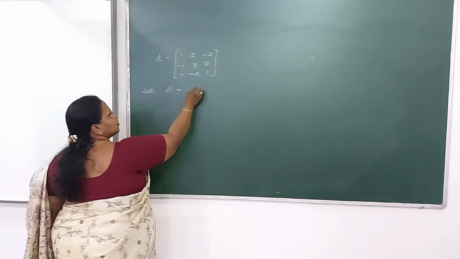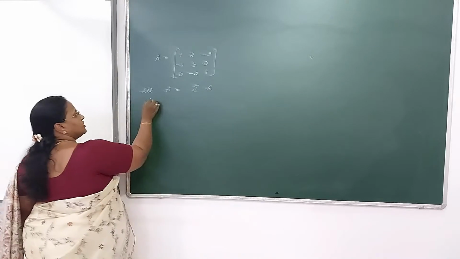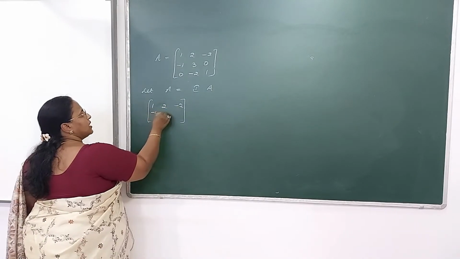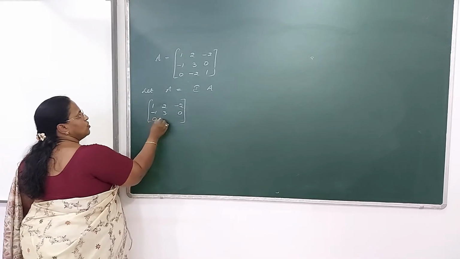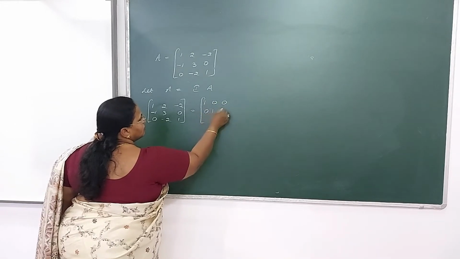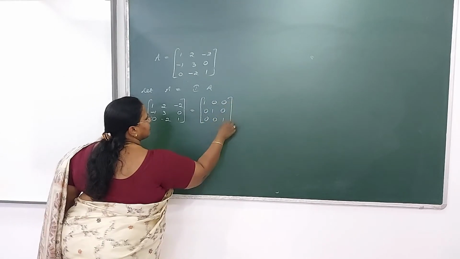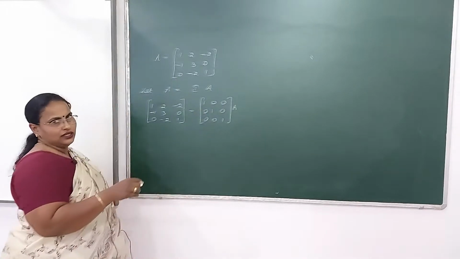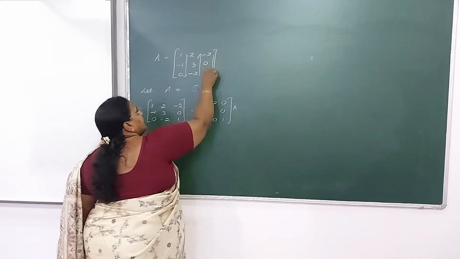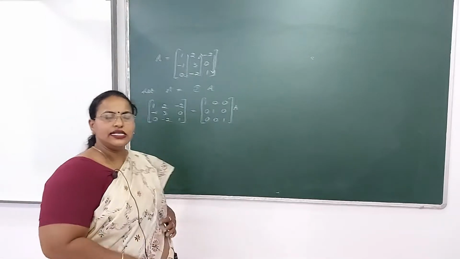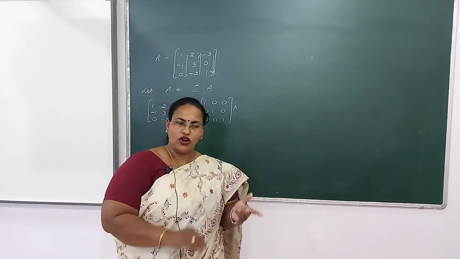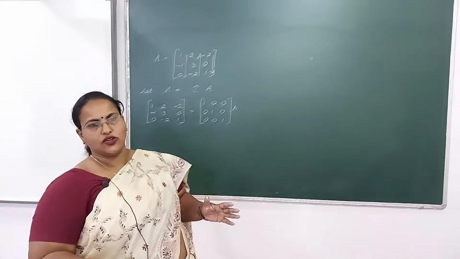A is equal to I times A. Substitute the matrix here. So it's 1 2 minus 2, minus 1 3 0, 0 minus 2 1. This is equal to identity 1 0 0, 0 1 0, 0 0 1 into A. So let us start. The loop is the same, the first, second and the third. Technique is the same. What will we be following? Diagonal 1, non-diagonal 0, diagonal 1, non-diagonal 0, diagonal 1, non-diagonal 0.